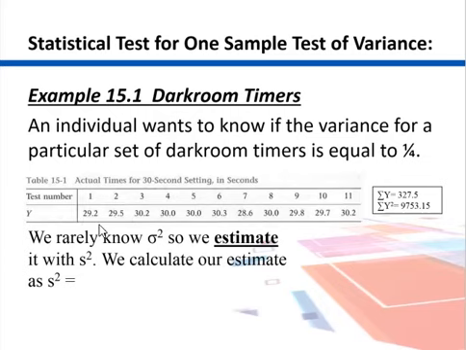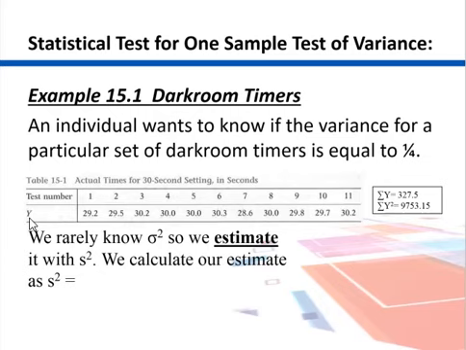The actual time recorded for the first timer was 29.2 seconds, so it was off by 0.8 seconds. The second one recorded 29.5, so it was off by 0.5 seconds, and so on. Those 11 timers, their individual records,